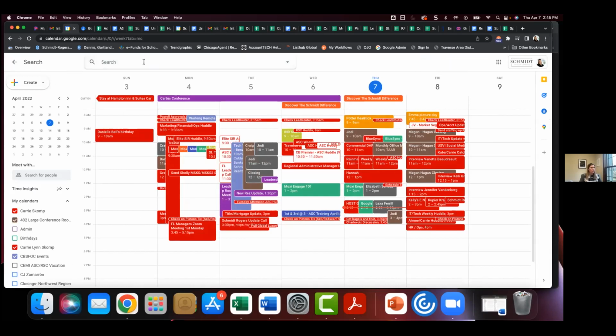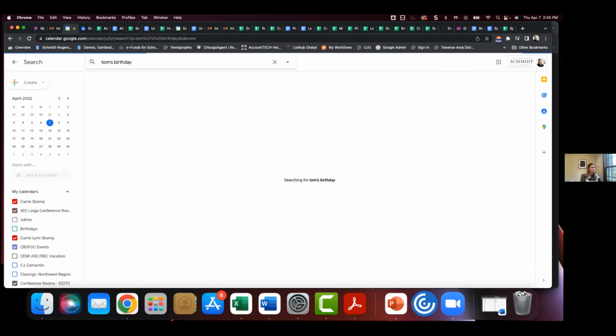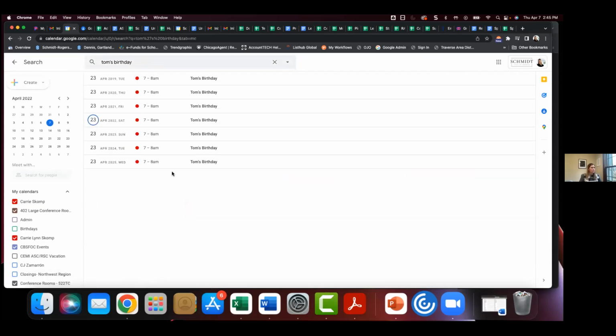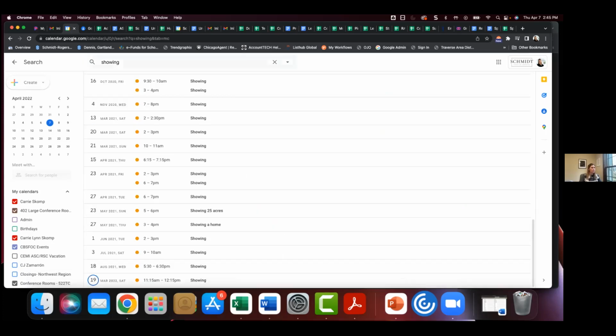So you do have a search feature in here too, just like you do in the email. So this is going to search events. So somebody asked me the other day when Tom's birthday is, so I came in here and typed it in. And since 2019, I've had it in here, and then it does show you forward into the future. So the search functionality is nice. If you think, oh, I know I scheduled that showing, but I don't know where it's at and I can't quickly find it, you can go ahead and type in things like showing,